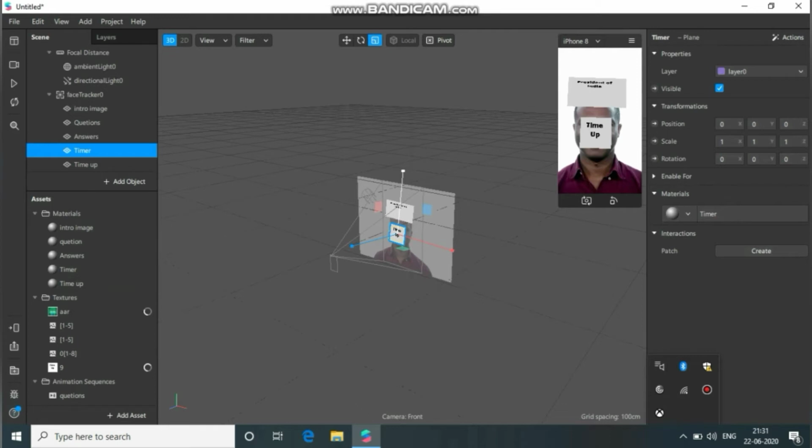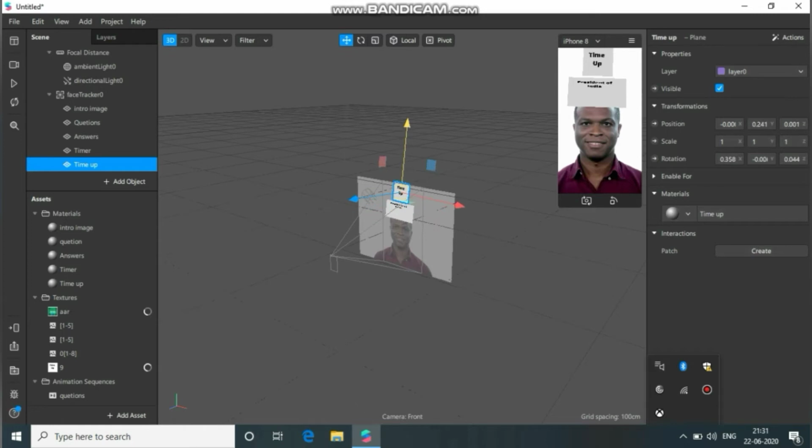From the texture drop down, select new texture and upload your time up image as well. Using the XYZ arrow, just adjust the plane however you guys want. Same way for time up as well.